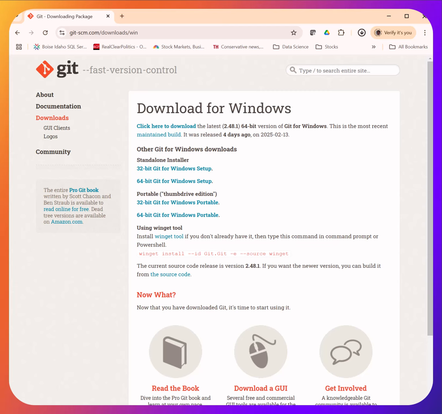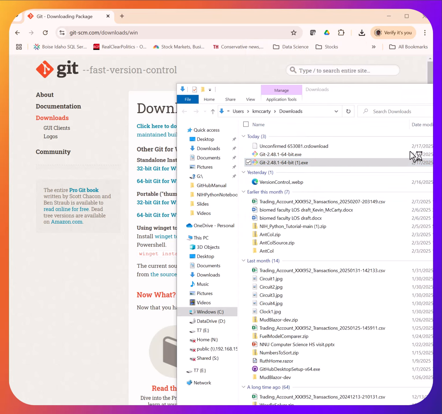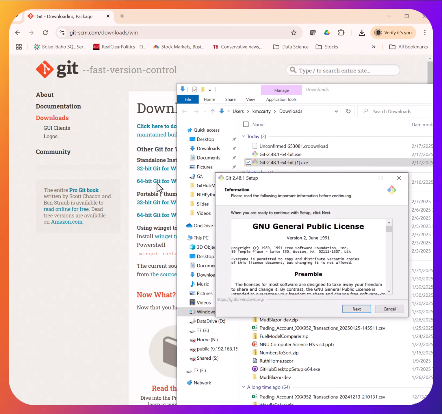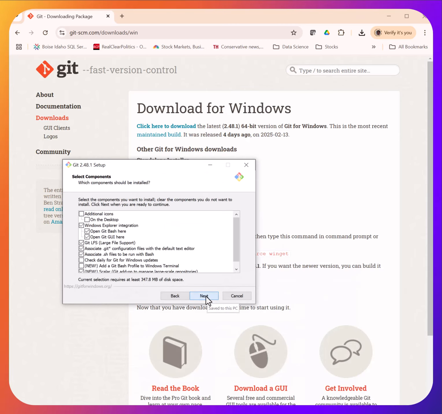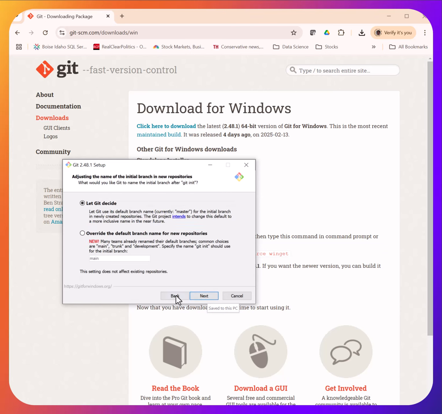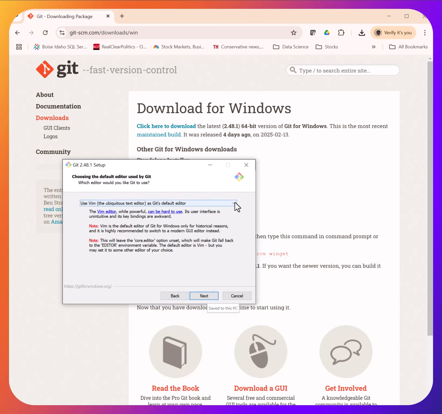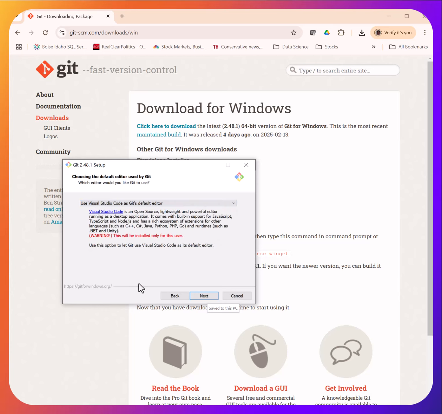Then there'll be a number of options to set up, and they can be kind of confusing. So it's probably a good idea to consider them. For me, I'm going to use mostly the defaults with one exception, and that is I want to choose my own editor. So I'll go through the defaults here, and instead of using the Vim editor, I'm going to use Visual Studio Code as the default editor, and then I'll click through,